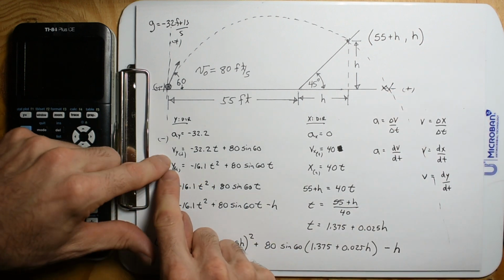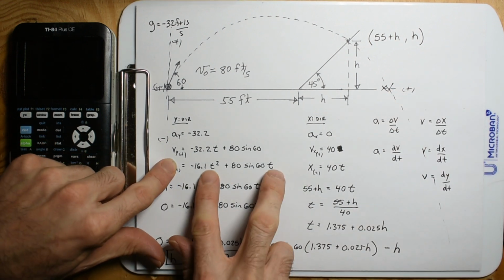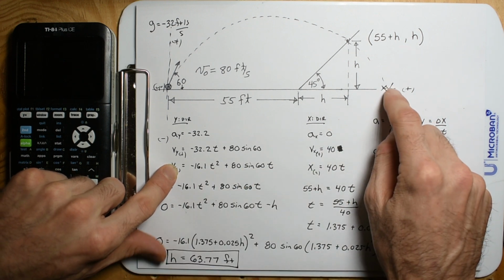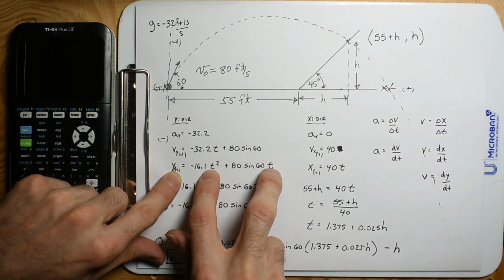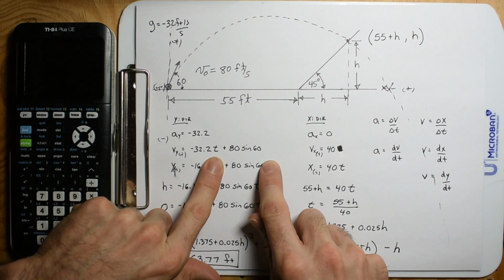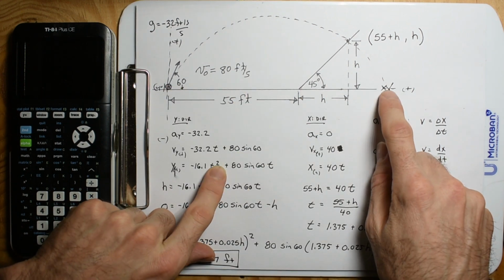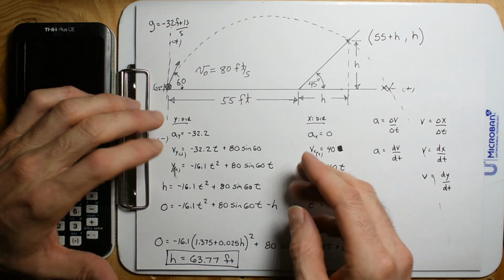So we can set this side equal to 0, and we could solve for the time that that's going to happen. And because it's quadratic, if we throw in 0 here, that's also going to be 0, but we're going to have two solutions, one there and one there. So I just bring up the topic of